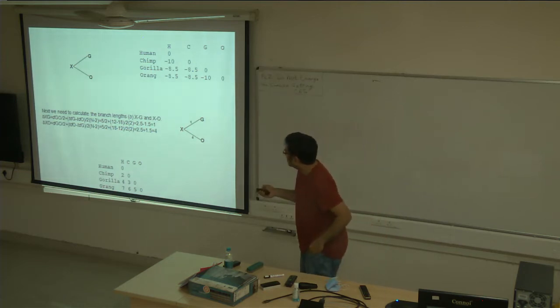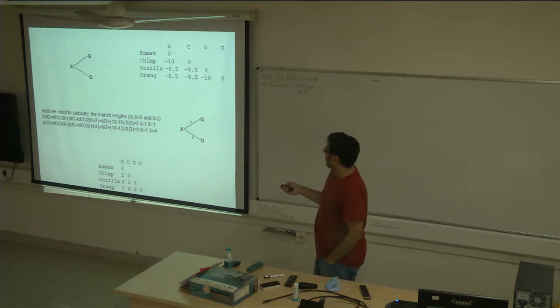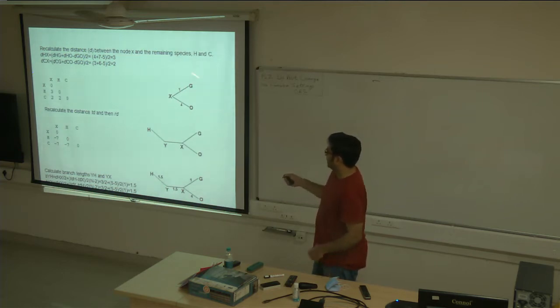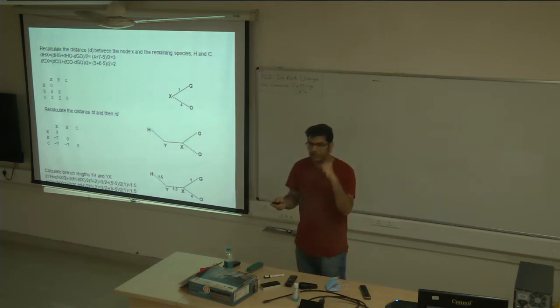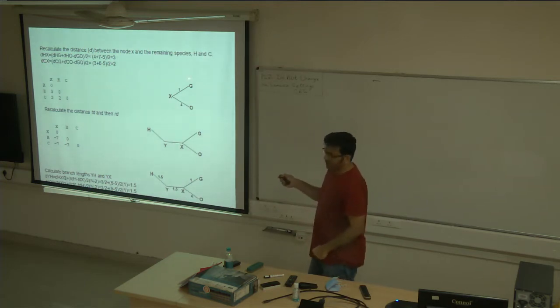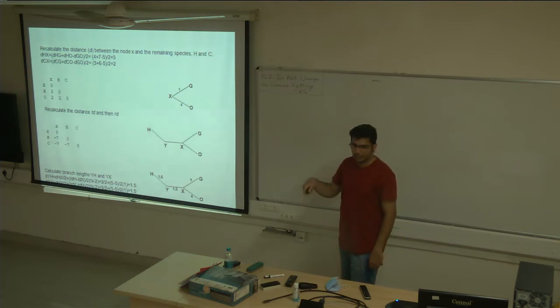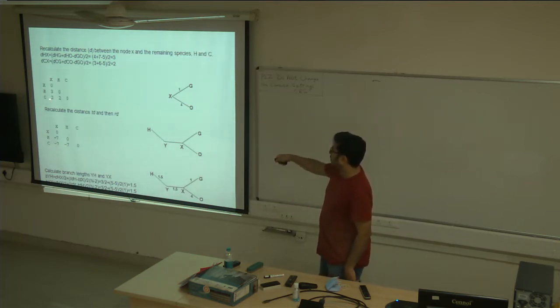Now, moving on to the next part. You have this unit where you have calculated the branch length, so what you do is club it together and make it one unit. Basically you have this X here. Now you have to calculate the branch length from X to the rest of the taxa, that is human and chimp. So again you recalculate the distance from X to the two other taxa, and this is the formula.